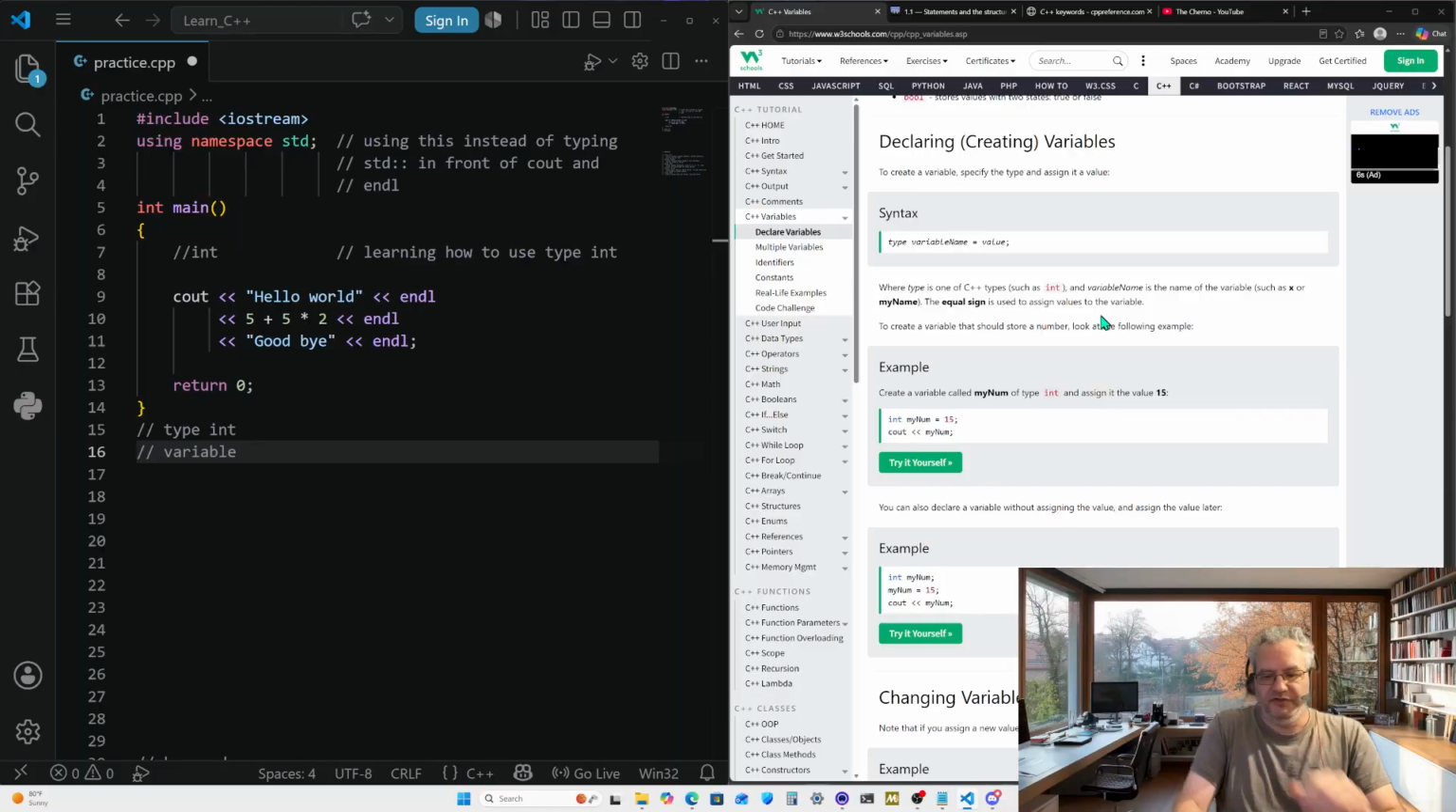Variable name, actually. Well, it's using variable name. We may not. Let's just get to this real quick and I'll explain that. And variable name is the name of the variable such as x or my name. Okay, so variable